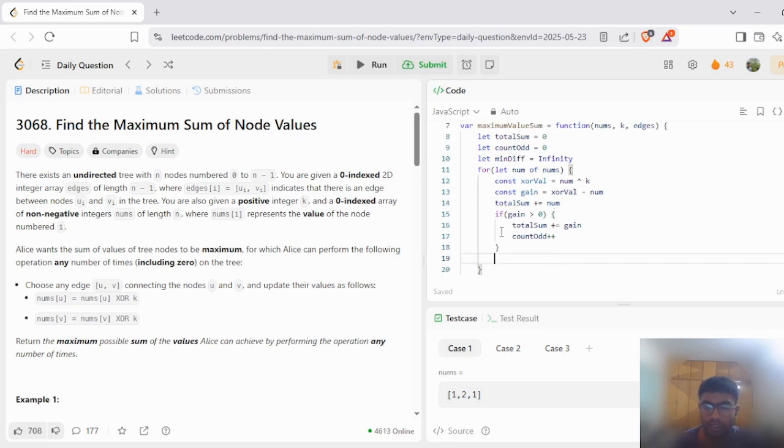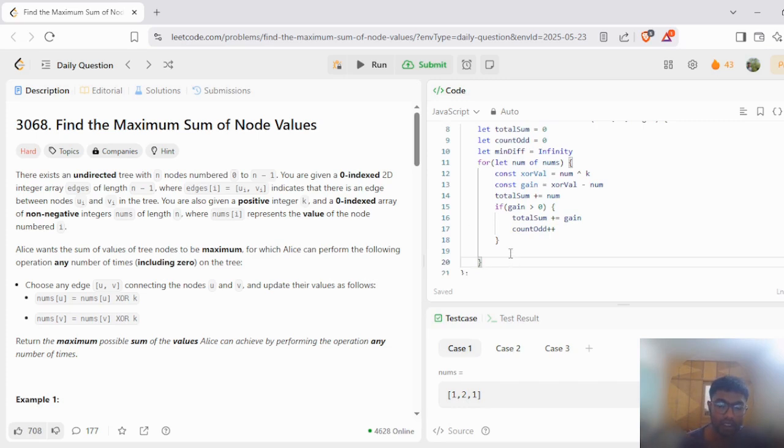I guess till here it's pretty much self-explanatory, where we calculate the total sum adding up the gain only if the gain value is greater than 0, else we simply consider the nums value or the node value. And each time we add a specific XOR node gain value, we also increase the count node,